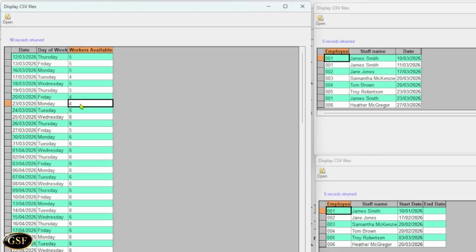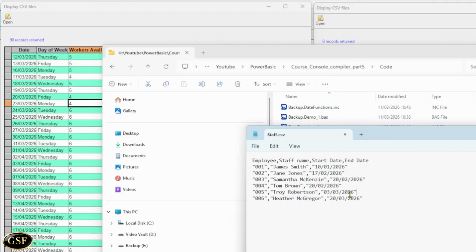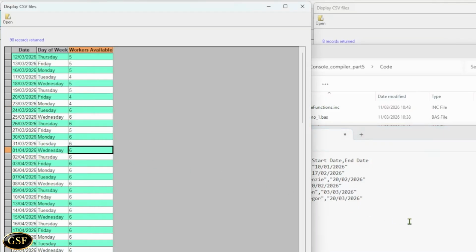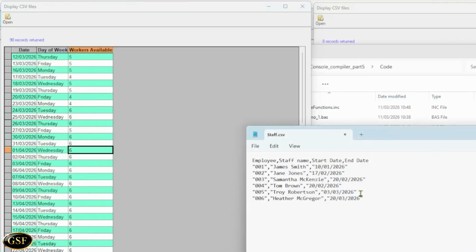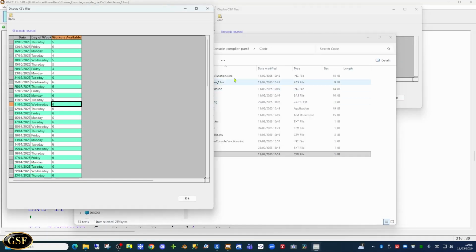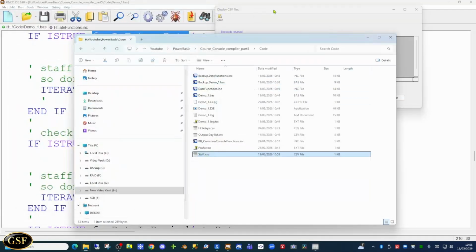We can change this even further by putting an end date in for one of the members of staff. So let's do that. So here we have our 6 members of staff. On one of the dates, let's say the 1st of April, we have 6 members of staff, so no one's on holiday. So what we're going to do is we're going to make this member of staff leave the day before. So their last working day is going to be the 31st of March. If we save that and we attempt to run our calculation once more,